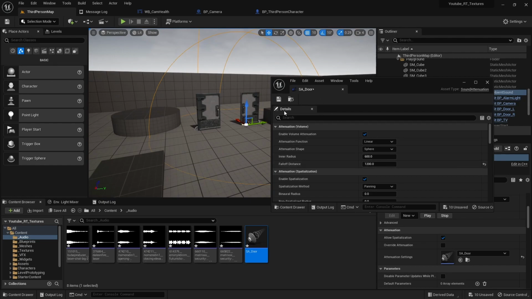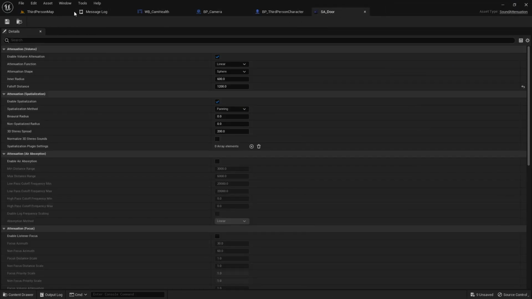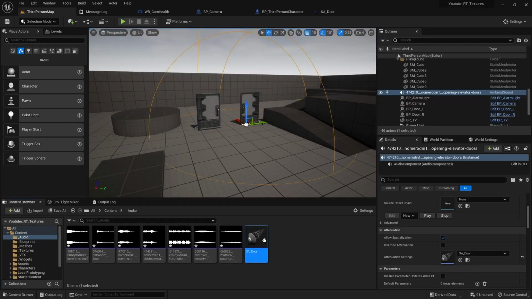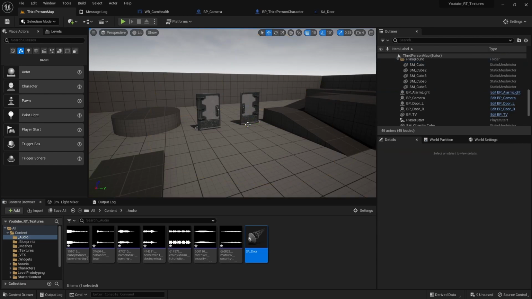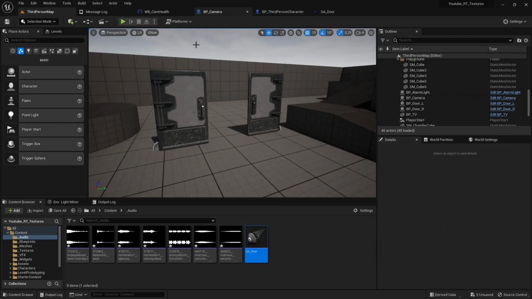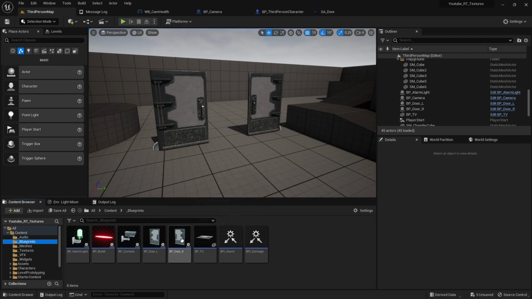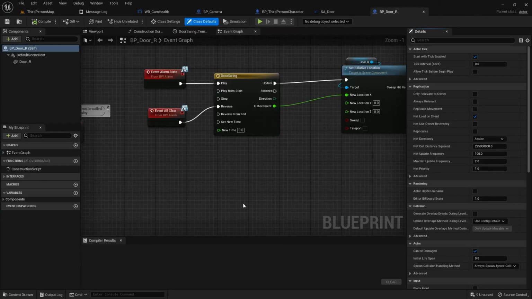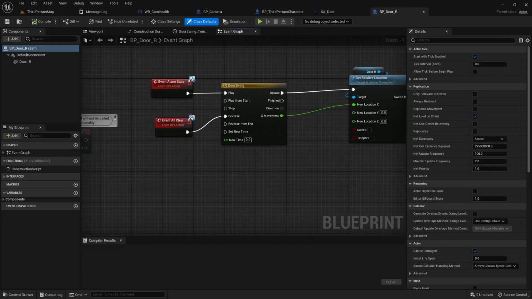And it just gives us a way to visually see how it's looking. So let's dock this up here. And now we can actually just delete that reference because we don't need it. Oops. Hopefully I didn't delete anything important there. And now let's actually go into our door. Let's do the door right. Okay, and